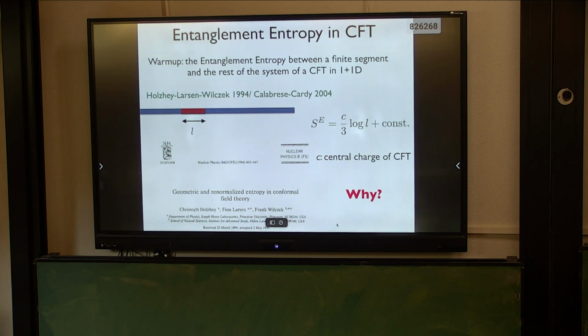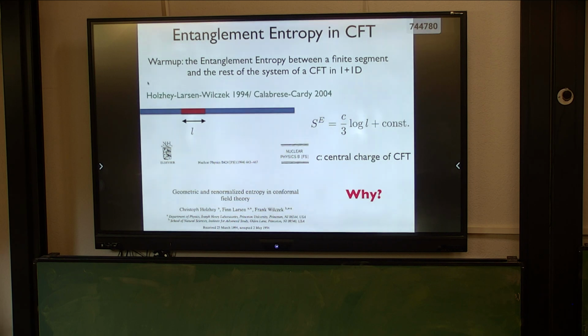So first, I want to share my understanding, which is, of course, not really new. The same kind of derivation is buried in the literature, and I think even this first paper, by Holzhey, Larsen, and Wilczek, contains an equivalent discussion, but it's kind of buried between the lines. So yeah, I've just recently figured out how to understand this. Okay, so this is this '94 paper by Holzhey, Larsen, and Wilczek, by the way. I want to explain why this equation holds.